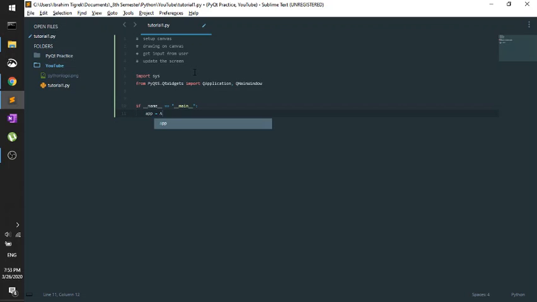First, we start our application like this. To execute the application,